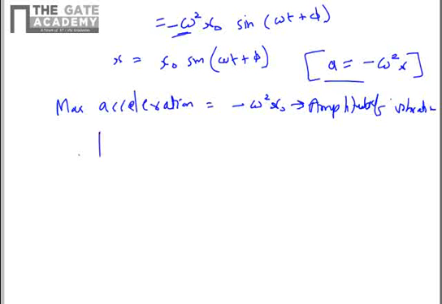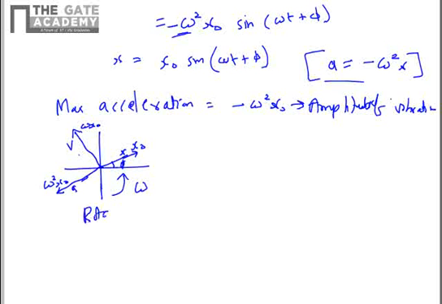angular frequency. And if you want to see it in the phase diagram, if this was your x vector, the v vector was 90 degrees shifted to the x, and the acceleration vector will be 180 degrees shifted. So the maximum value of this will be x0, this one is omega x0, and this is omega square x0. And since this minus sign is coming, that's why it is 180 degrees shifted from the x. This is initial phase psi, and all three are rotating at an angular velocity of omega. So this is the rotating vector